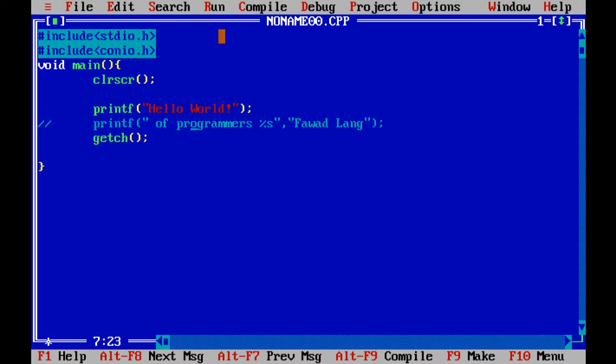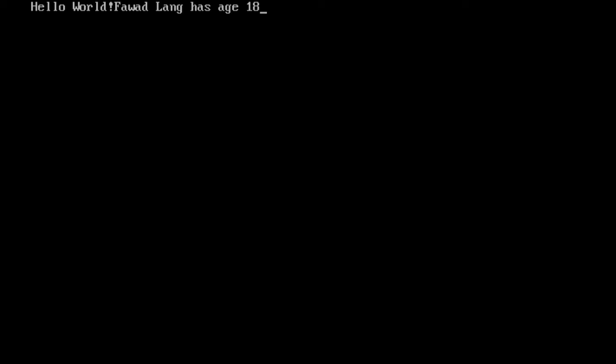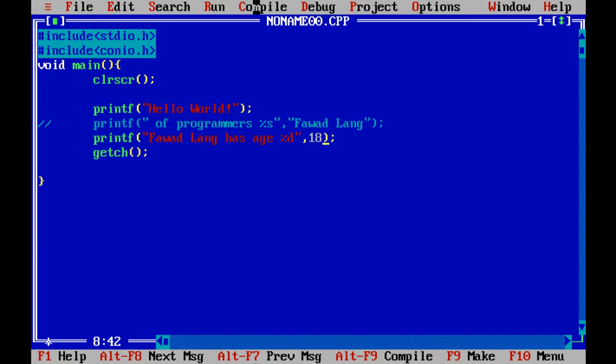Next we're going to look at what else we can do with the printf statement. So printf, for long has age percentage d and 18. If I compile it and run it, I can see for long has 18.